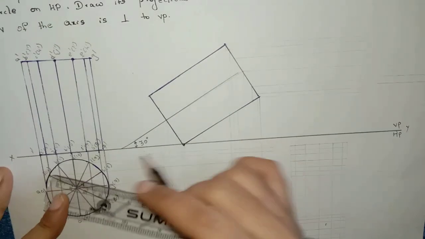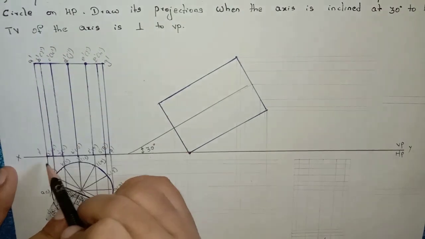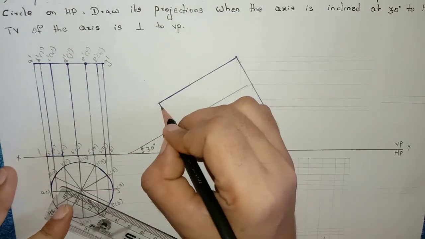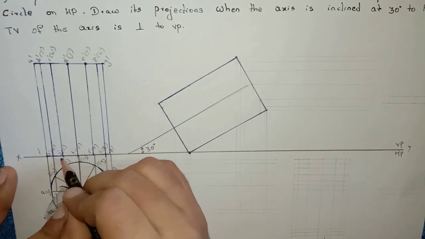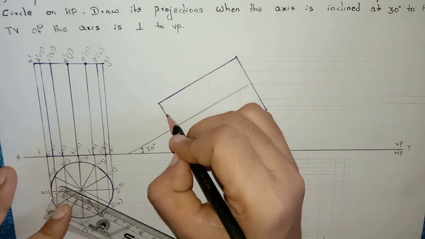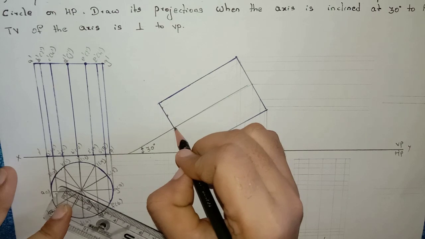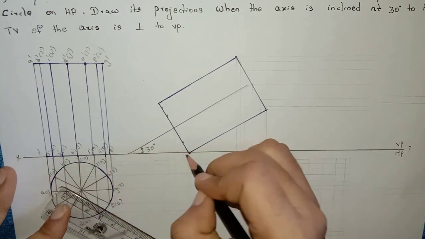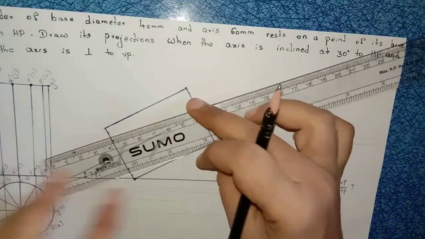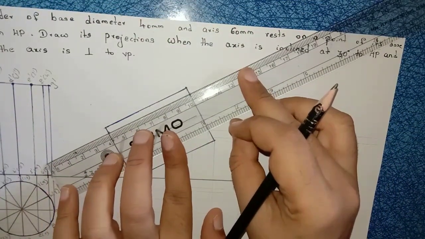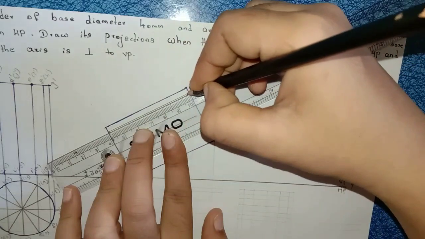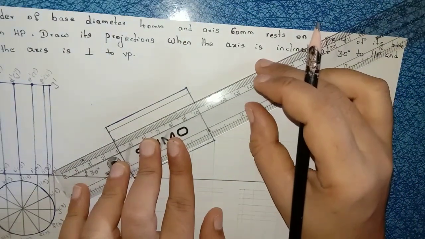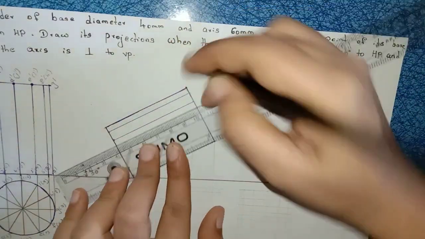After that, from first line to second line, measure the distance, mark the point. From second line to third line, measure the distance, mark the point. And anyway, this is the midpoint. From midpoint to next line, mark the point. From next line to next line, mark the point, right? So take all these distances with the help of compass, mark the point on that baseline, right? Now draw all the lines here.